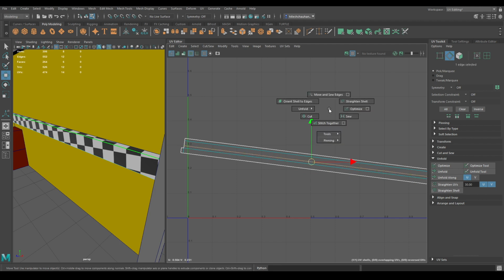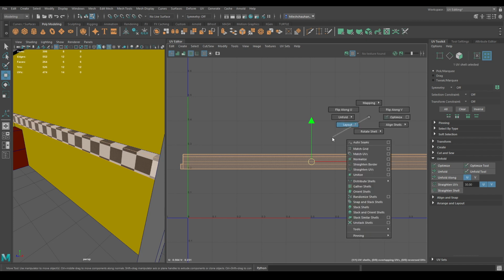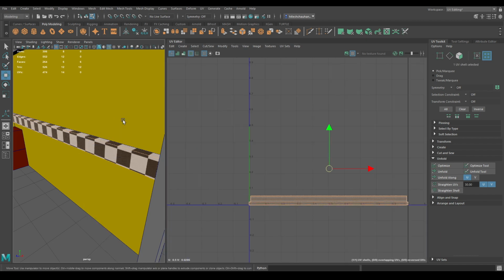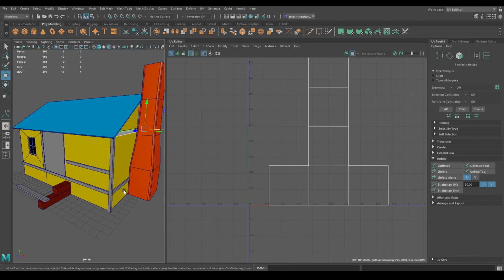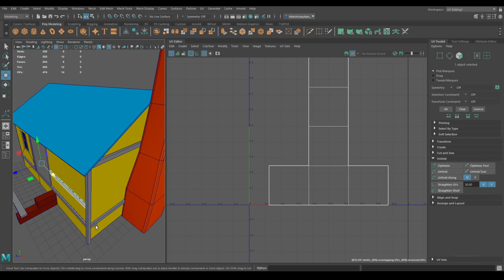Select this, press shift right click and select this orient shell to edge and layout. Now you can unwrap all these wood panels with this method. Now I'm going to fast forward it. So I'll see you when I'm done with all these cubes.